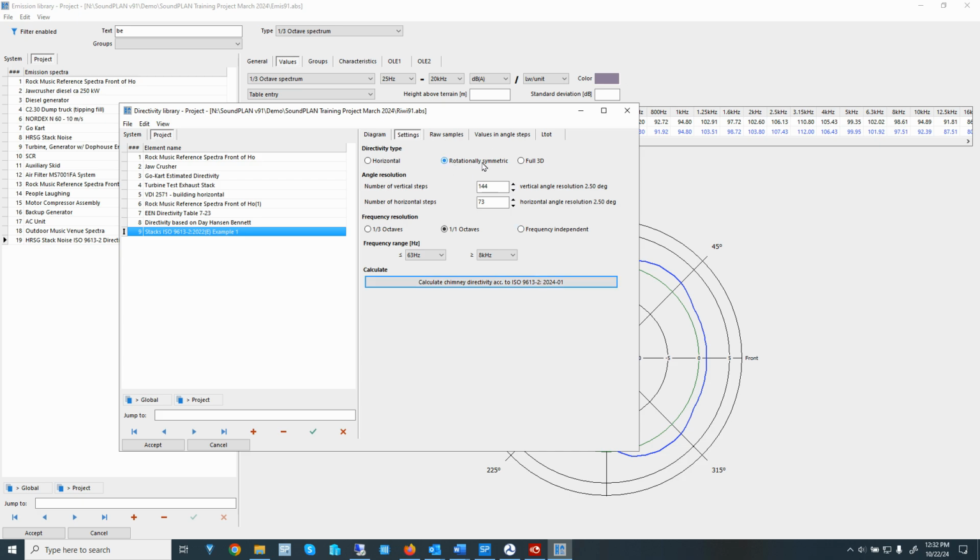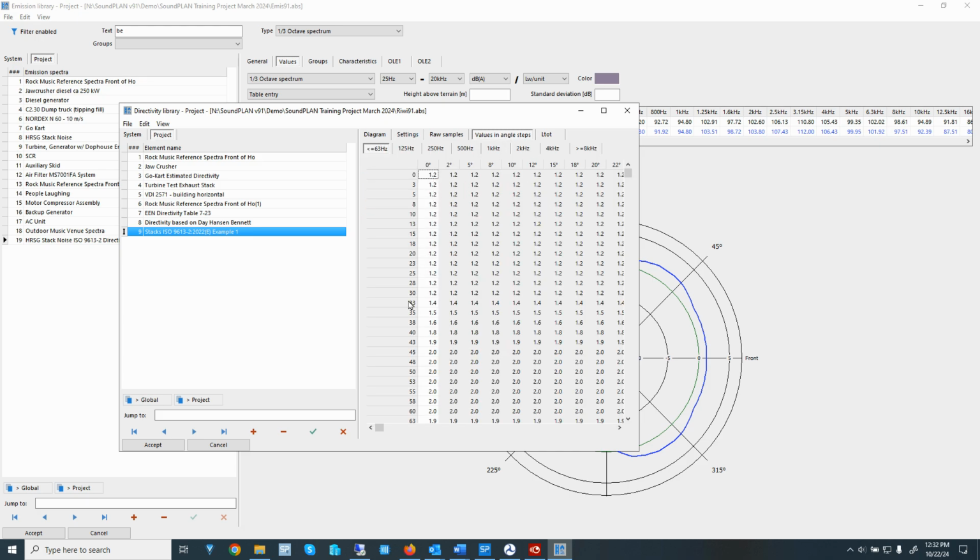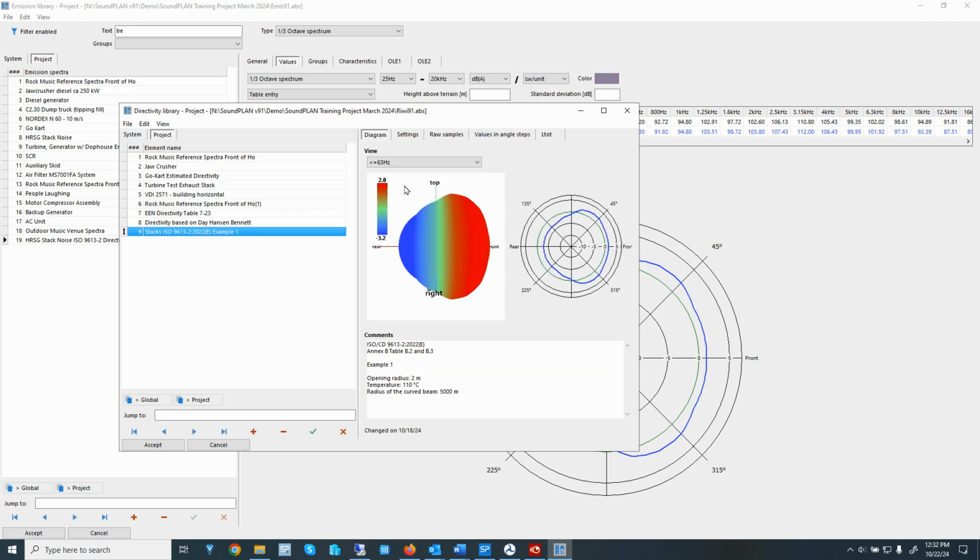In this case, it's rotationally symmetric, so it basically defines one slice at 0 degrees, and then the program will rotate it 360 degrees around the stack for the different frequencies. Here we have the different frequencies at the top, and of course the higher you go in frequency, the more directional the directivity.